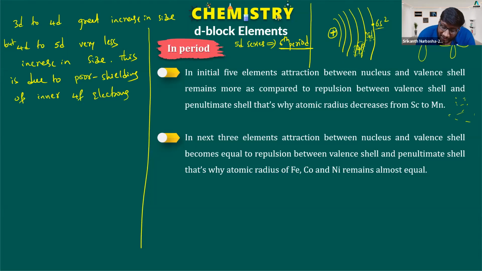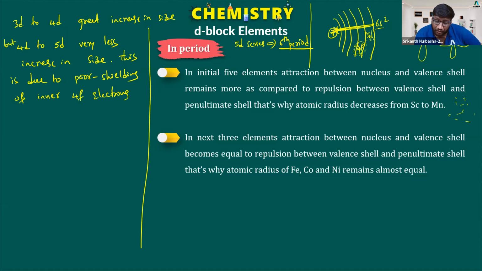Now understand, this is your nucleus. It is attracting the outermost electrons. Outermost electrons means 6s electrons. The inner electrons are there, they are going to repel, that is also known. That is why size is decreasing first, then equal for 3 elements, then it is increasing. That's fine. But if you look carefully, there are inner 4f subshell electrons.